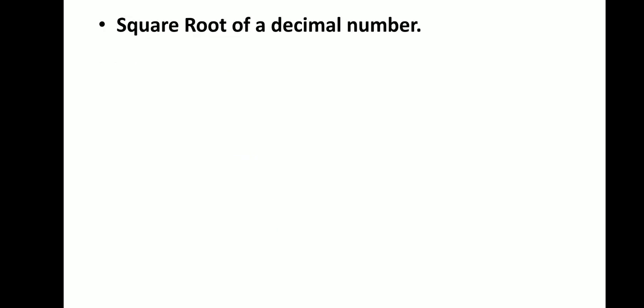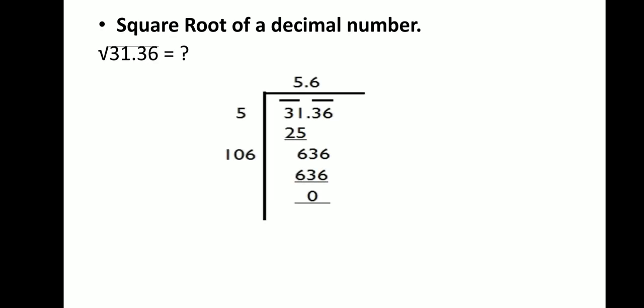Square root of a decimal number. The method is almost the same as we have studied in finding the square root of a number. Here we are supposed to find the square root of 31.36. Now again the steps are the same. We are supposed to place the bars